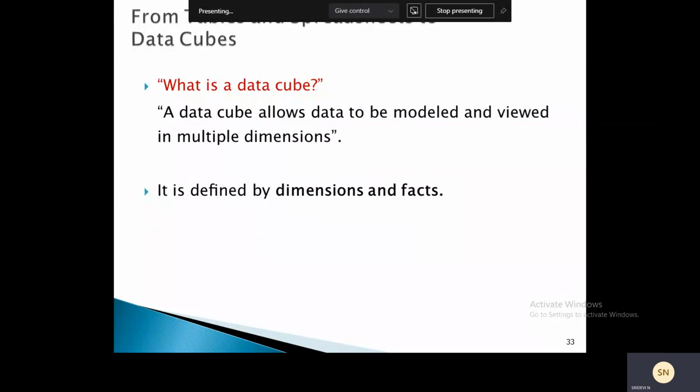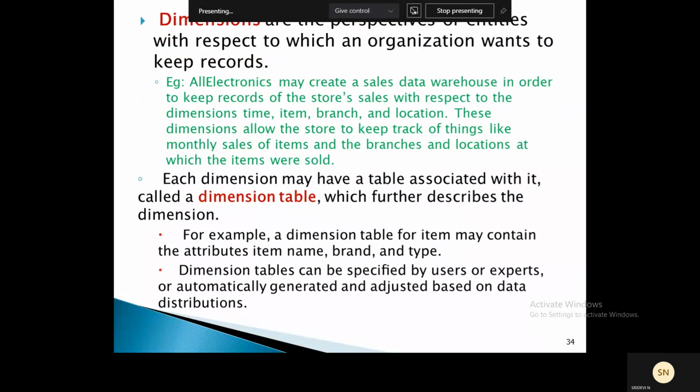In general, we can say that dimensions are the perspectives or entities with respect to which an organization wants to keep records.